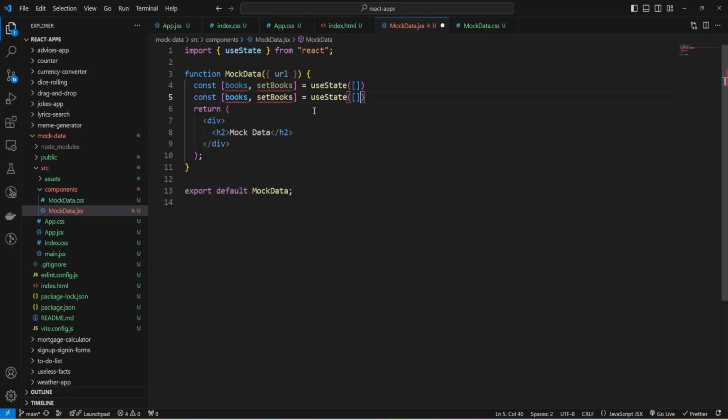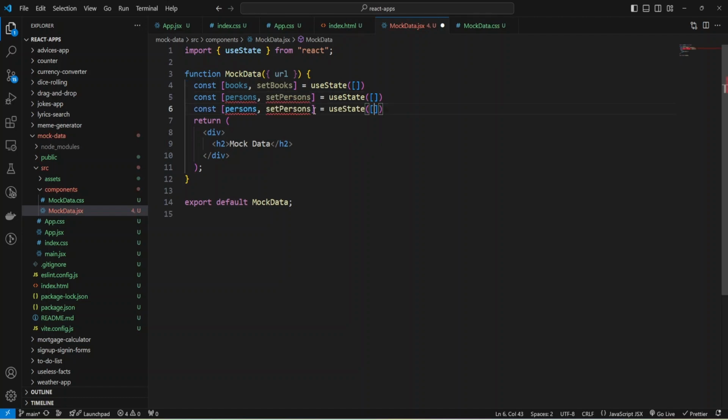I'm going to use this hook for persons too, and the function to change the persons state will be setPersons. I also need one more useState hook for possible errors, and the function will be setError.